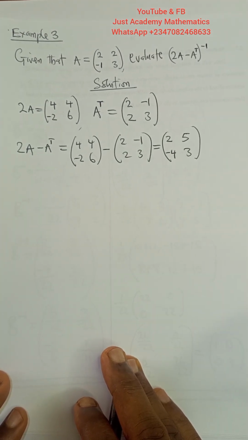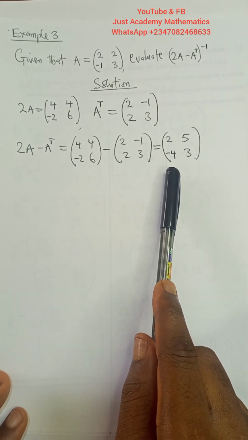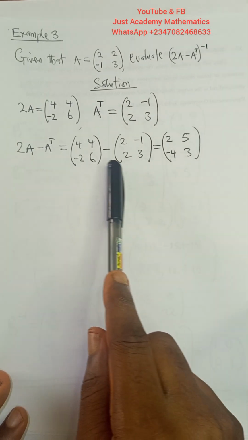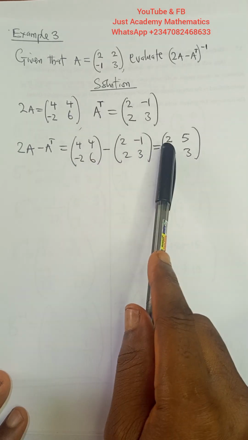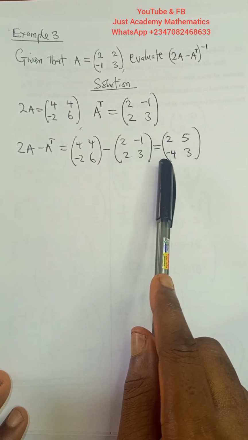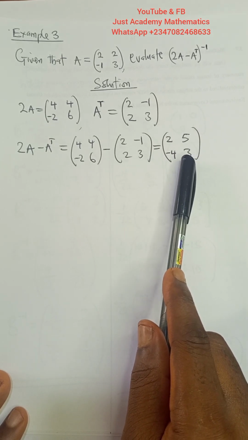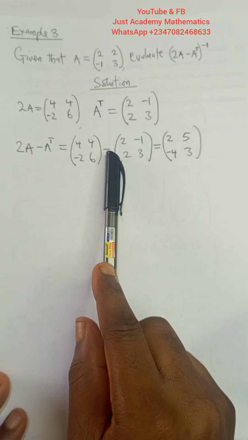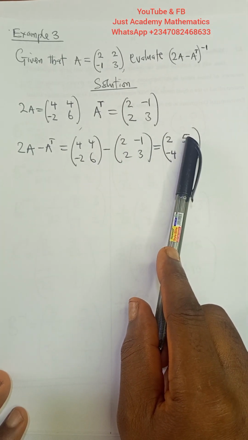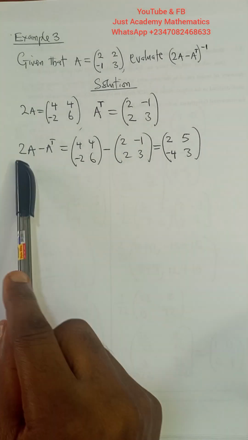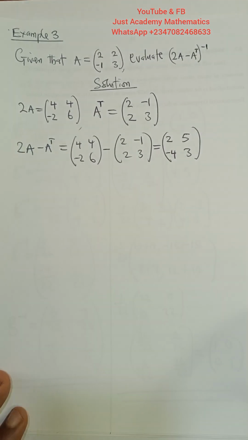So that is the value of what? That will give us the value of the 2A minus A transpose. So that is 2, and that is minus 4, and that is 3. Are you following now? So this place now, minus times minus is plus. So that is why here is plus 5. Are you with me? Now that we have gotten this 2A minus A transpose, the next thing now is to